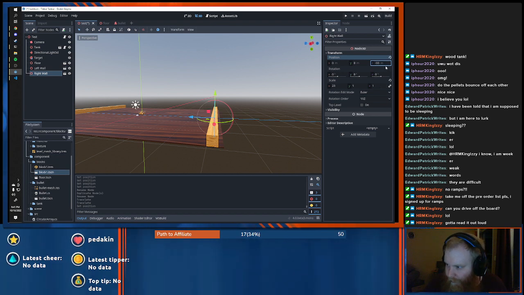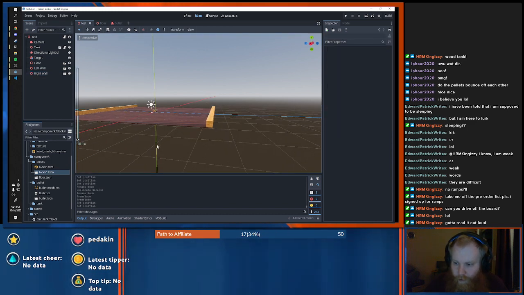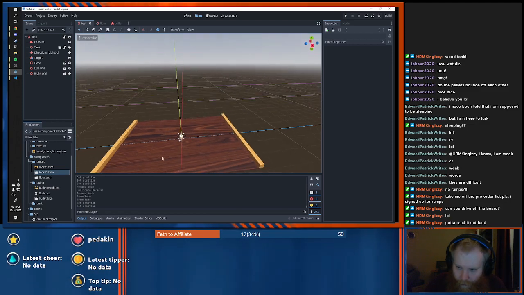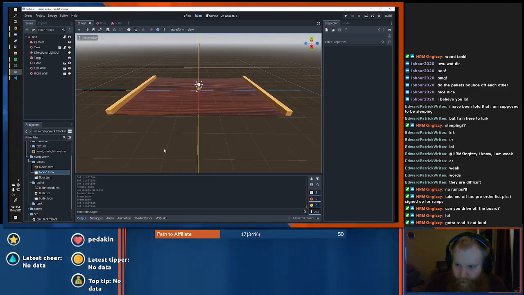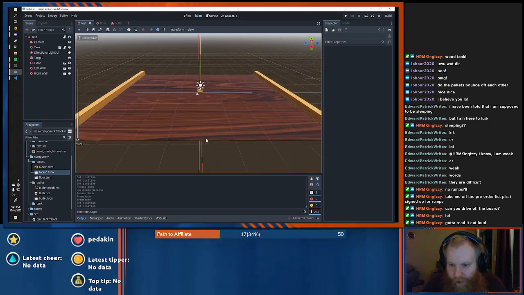Nope, negative 34. There we go. It's really hard to move around in the editor. I wish it had standard 3D controls, but it doesn't.